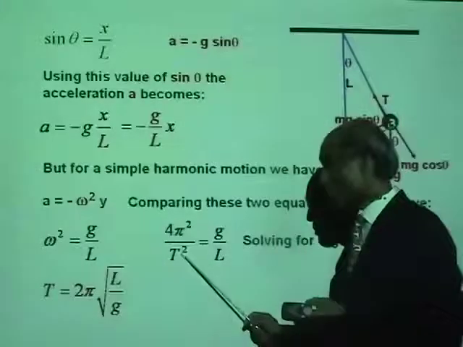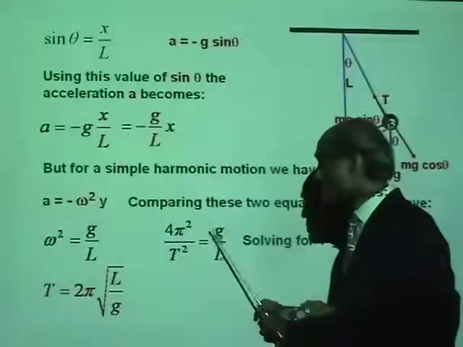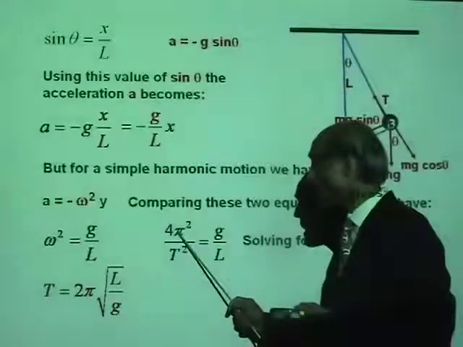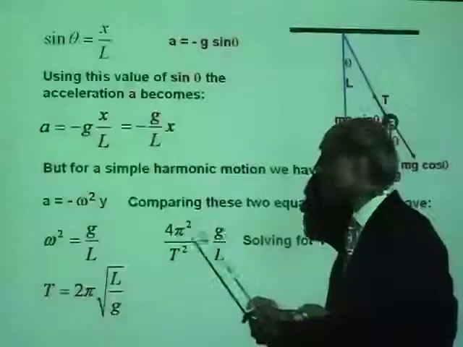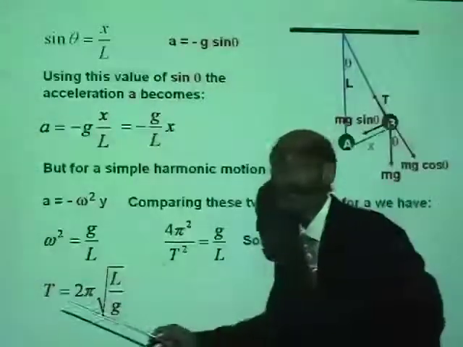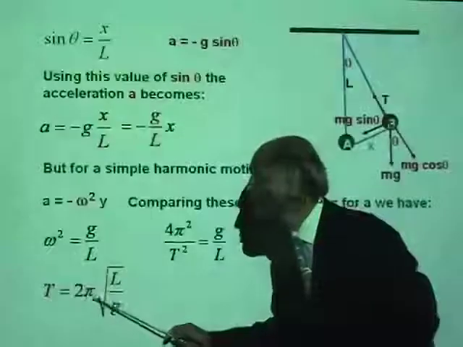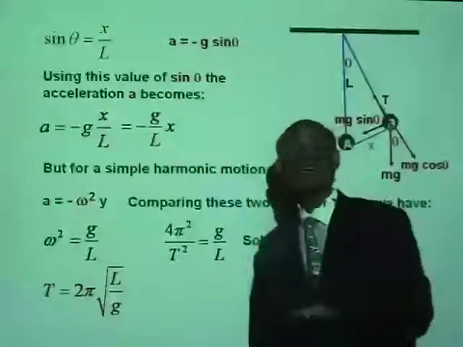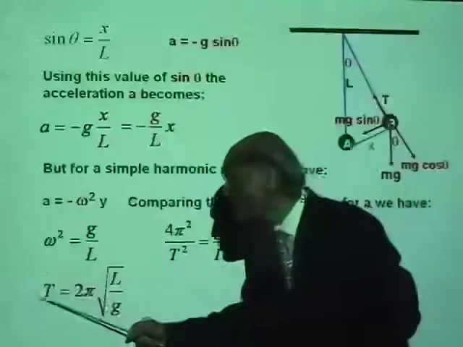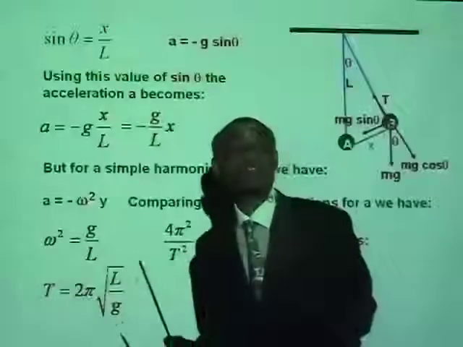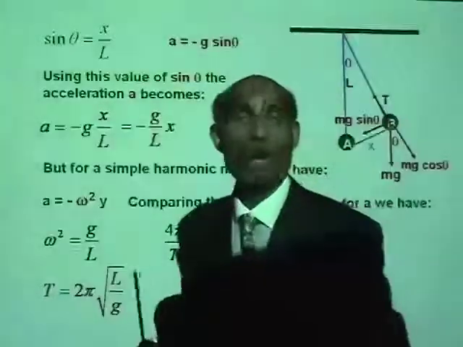Well, T squared equal to 4 pi squared times L over g, and take the square root of that. T equal to 2 pi square root L over g,